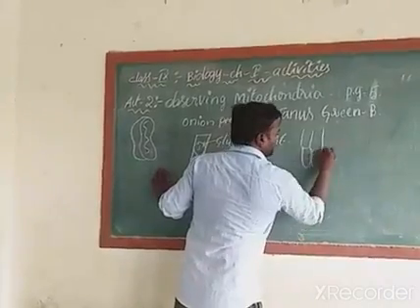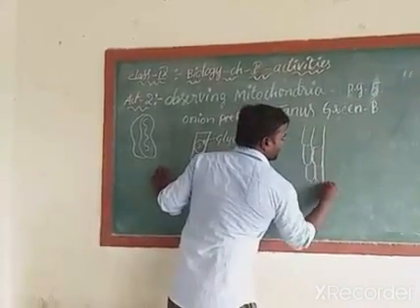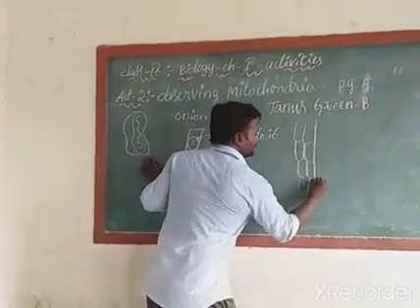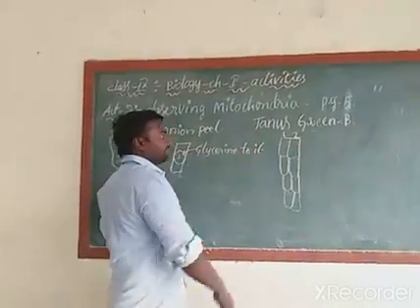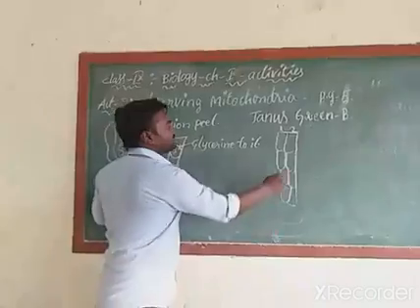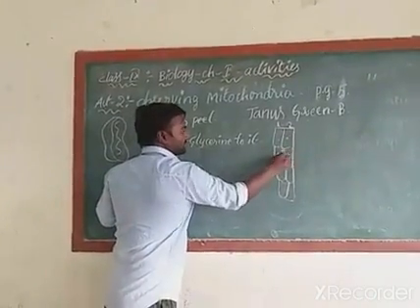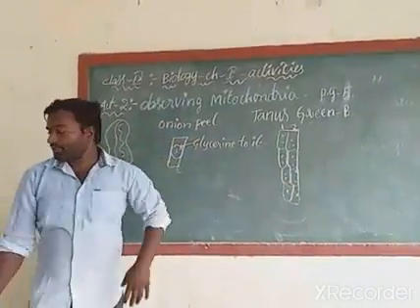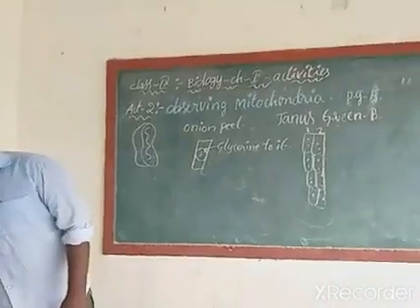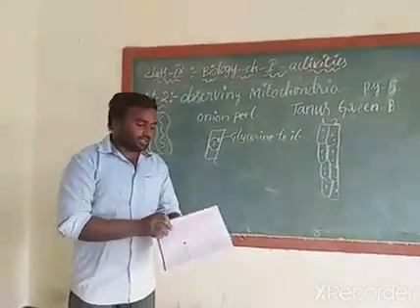Already in 8th class we observed that onion peel contains which shaped cells? Rectangular shaped cells like this. Two rows of cells, one first row, next second row. In these rows of cells there is a chance to see some dotted structures. These dotted structures are called mitochondria. In our textbook also it is given. Now I am going to show you that diagram.